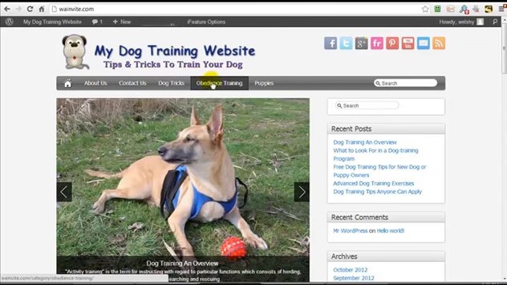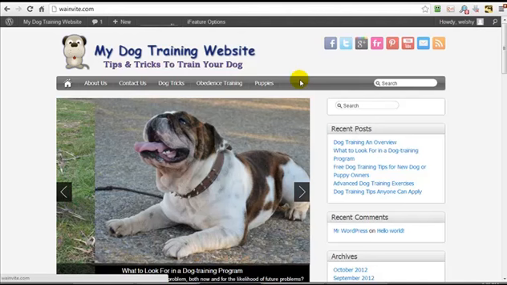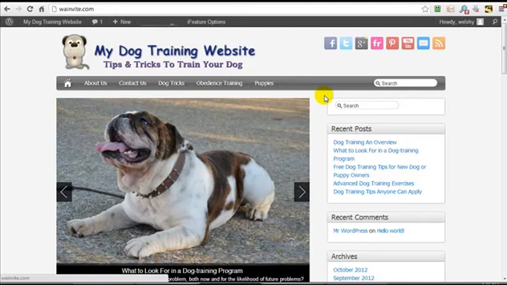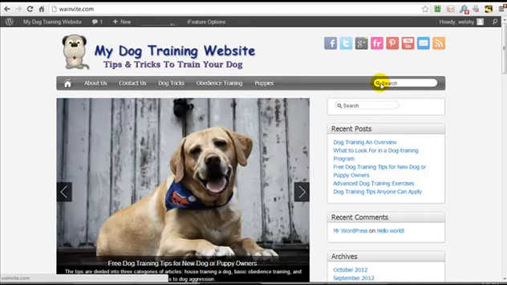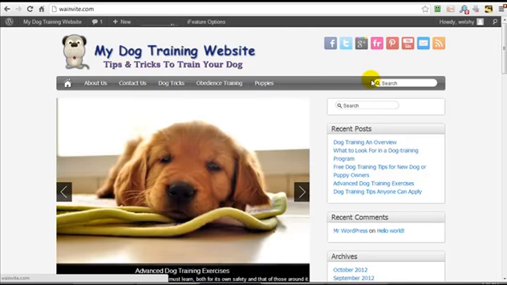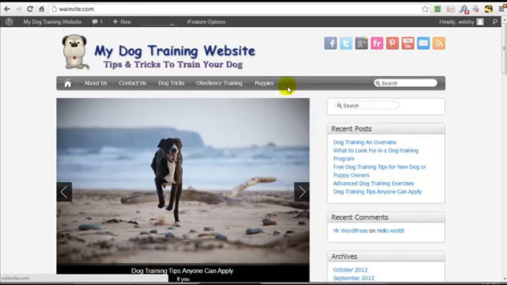Now if for some reason you have several pages that you want to be displayed in the menu, you can delete this search box from the menu. You do that via the iFeature options. Another option is you can